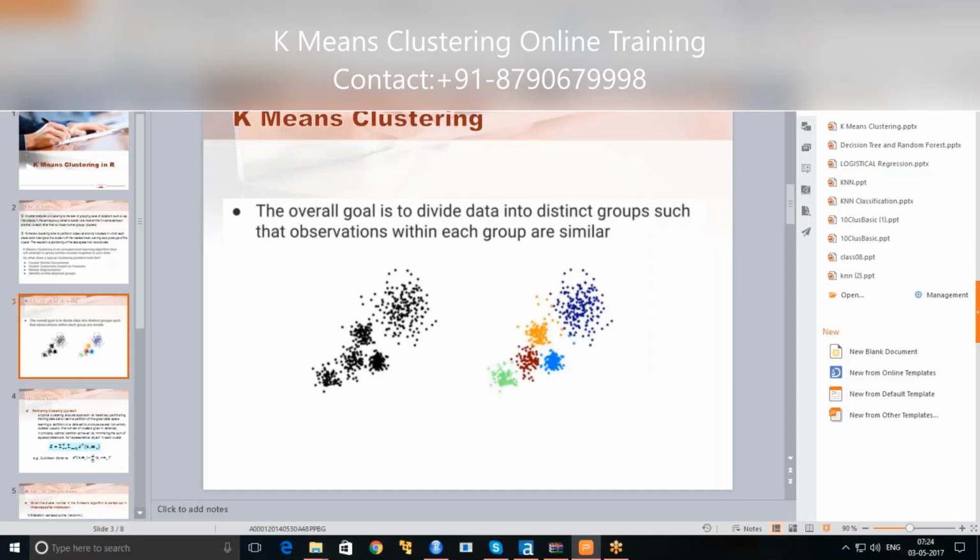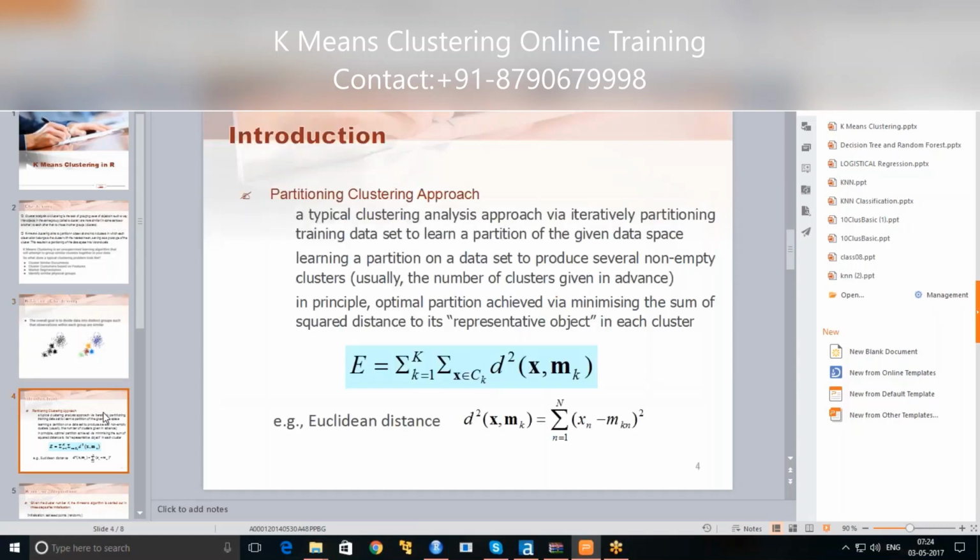So how it does this is based on one of the typical approaches, using the Euclidean distance. This is the calculation of how it does the partitioning, differentiating the clusters. So when we are given k equal to probably 1 to 10 or 1 to 20, the formula says this is the Euclidean distance, right? So when you take the summation over the number of clusters, so it's 1 to 10, it's trying to find the difference between two points.